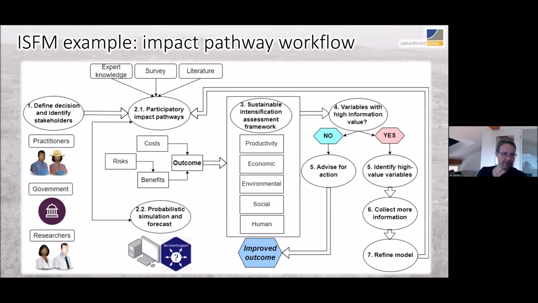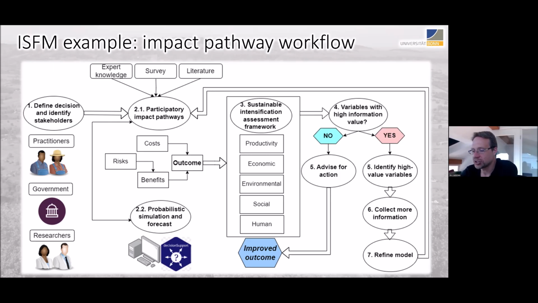But I believe in this case, it is the farmer's perspective that was considered. What was then done, during this workshop that I just showed you a picture from, was that people developed impact pathways for participatory projects, quantified all inputs to the models, ran these simulations, made forecasts, and eventually came up with a model to identify